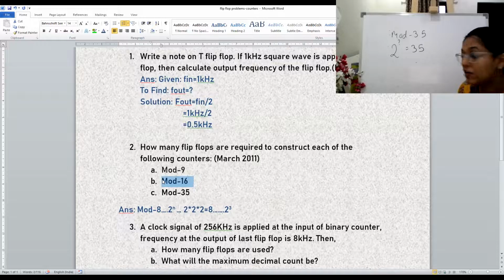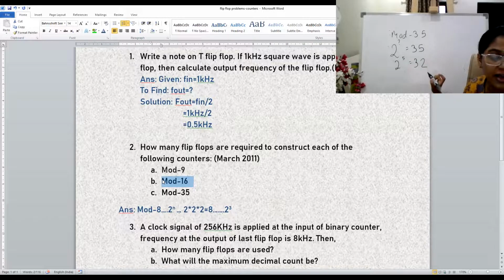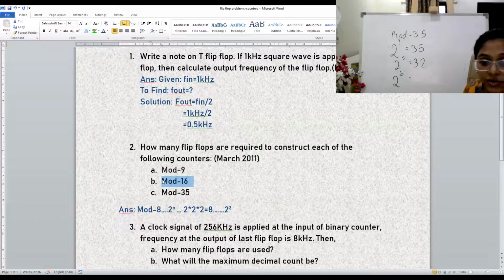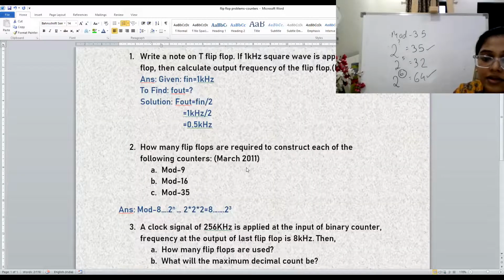What is 2 raised to 5? 2 raised to 5 is 32। नहीं, छोटा पड़ गया, नहीं यूज कर सकते। यूज द नेक्स्ट नंबर, 2 raised to 6। What is 2 raised to 6? 2 raised to 6 is 64। Yes, this can be used। थोड़े डिलीट करने पड़ेंगे मुझे, बट दैट इज ओके। आई थोड़े स्टेट्स डिलीट कर लूंगी। आई कैन यूज 6। सो हाउ मेनी फ्लिप फ्लॉप्स विल वी यूज? 6 फ्लिप फ्लॉप्स।